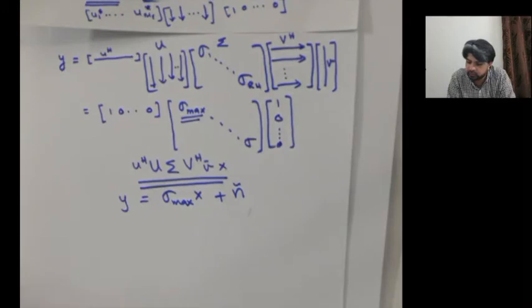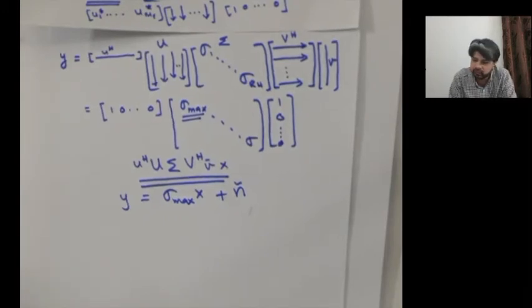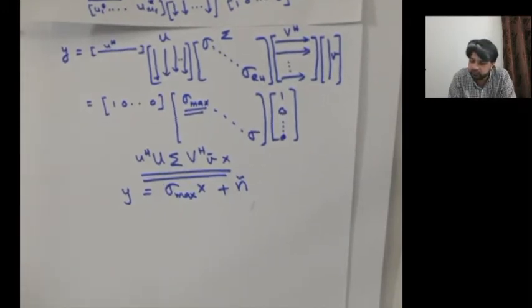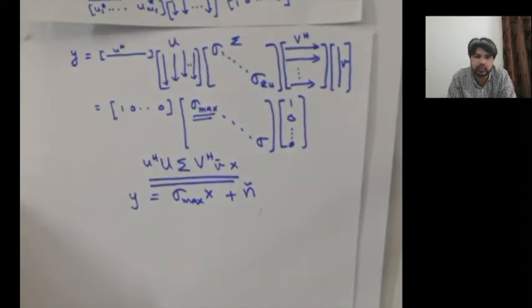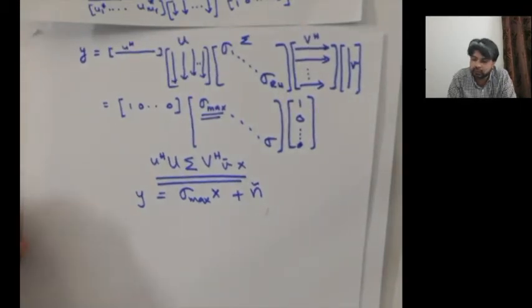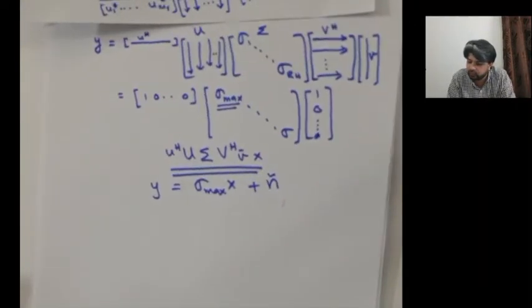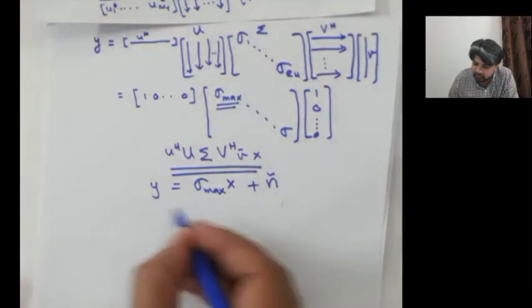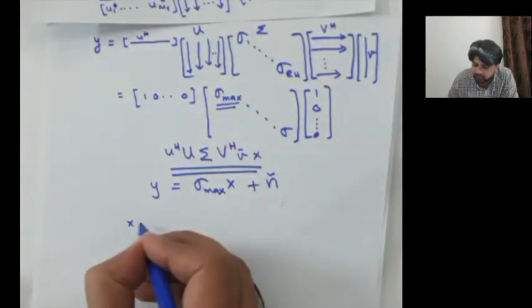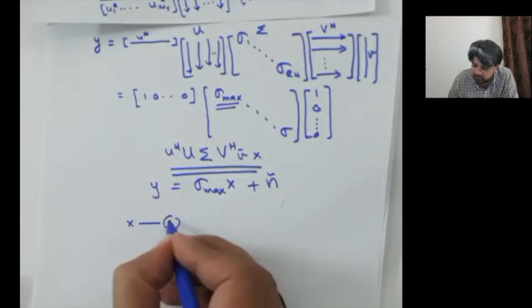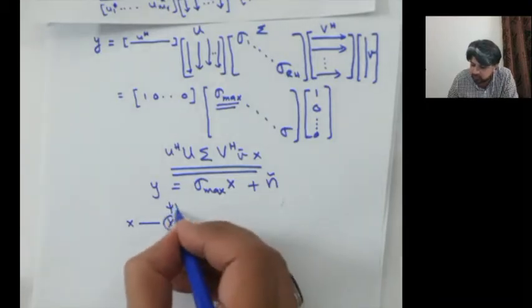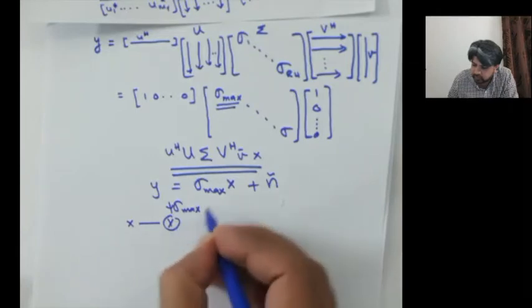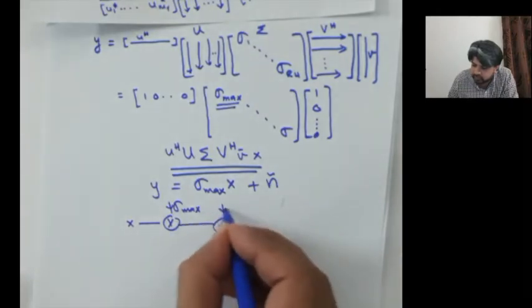So you have made use of the MIMO channel, and that would increase, because sigma max is the maximum value, the highest singular value of the channel, right? And this would give you an output that increases your signal to noise ratio, or the maximum diversity gain would be achieved in this fashion. So in short, you transmit this X, which gets multiplied in an equivalent fashion with sigma max, and then some noise gets added.